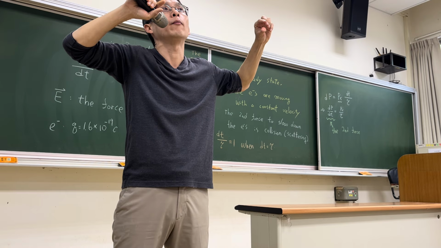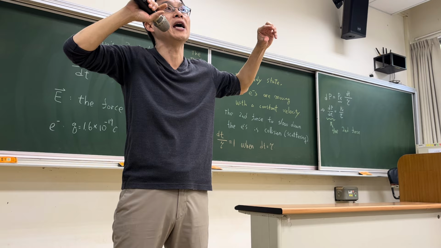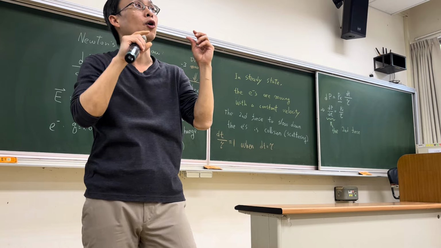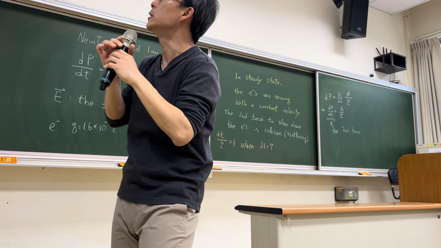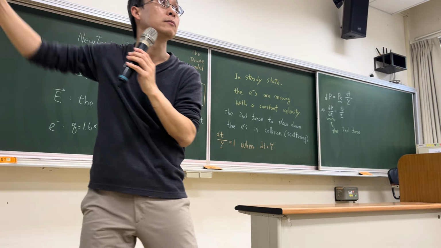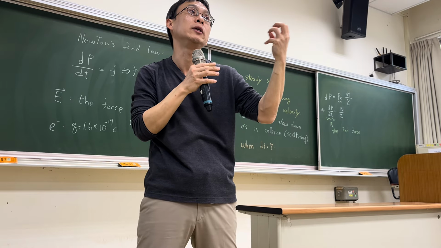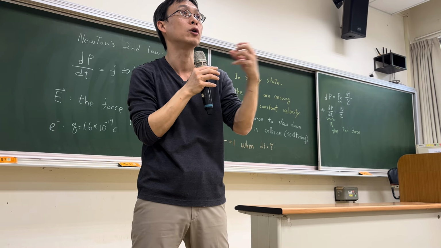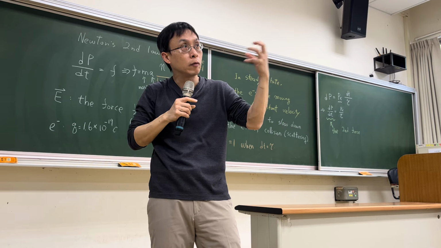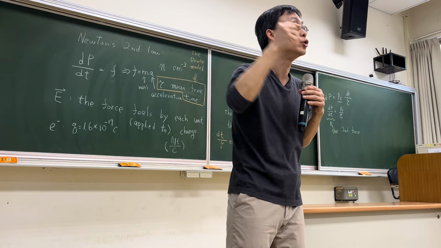The brackets put outside the momentum mean average momentum. The average momentum of each electron is given by P of x divided by n. Because P of x is the total momentum per unit volume, right? The number of electrons per unit volume is n. So you have a total number of n inside a unit volume. When this total momentum is divided by the concentration, it gives you the average momentum